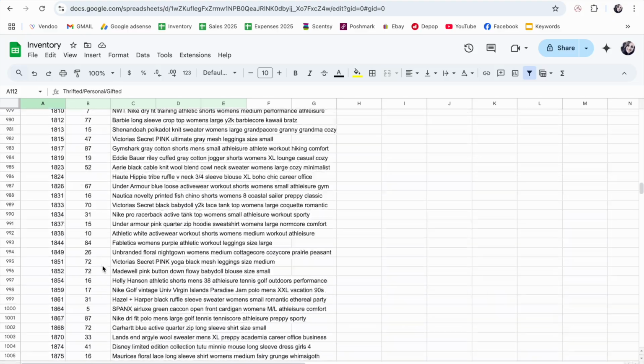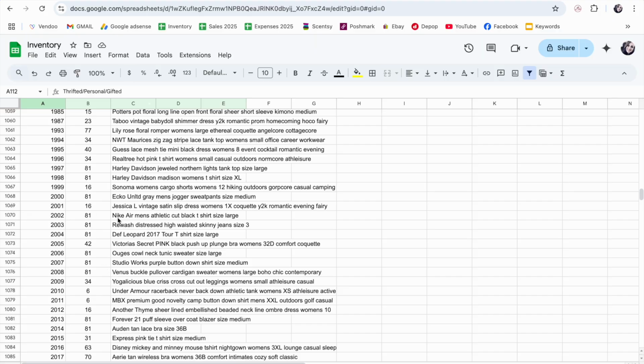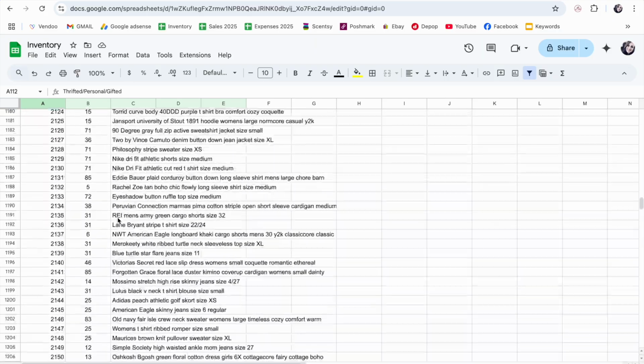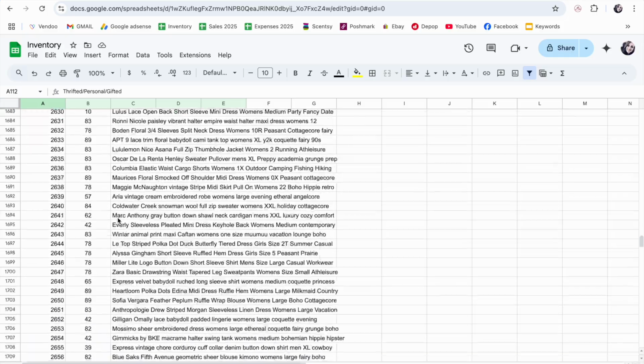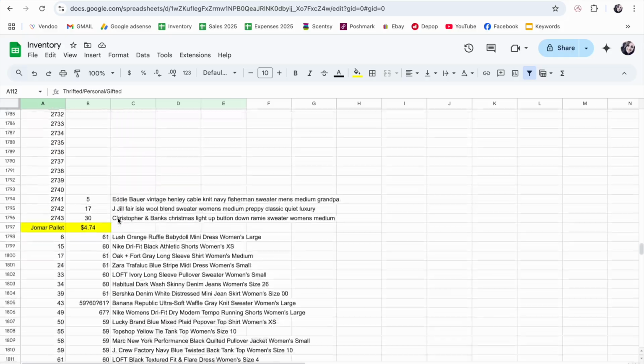So now this area has gotten so full, and this is how my spreadsheet's going to look from now on. But until I weed out some of these older items, which once we get there, we'll get there, I promise. Okay, so like we have,